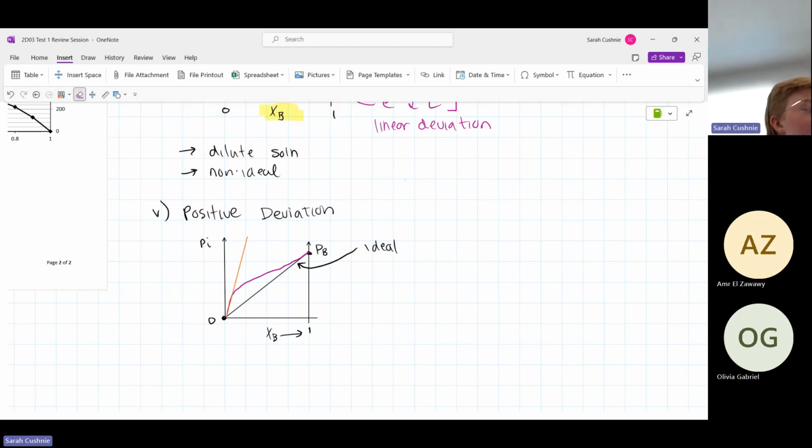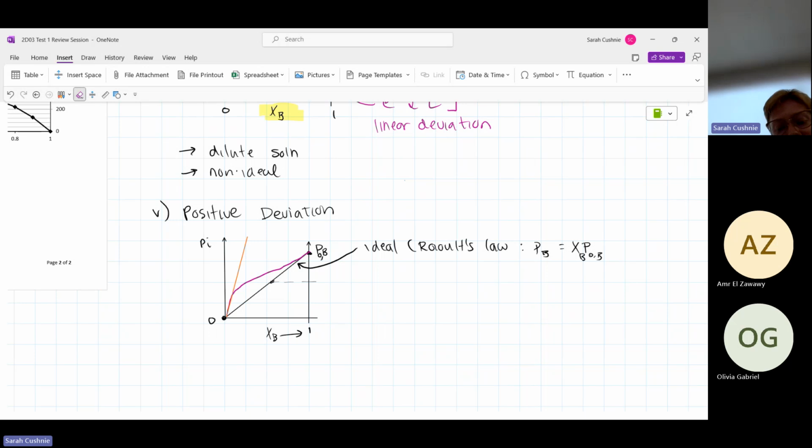So now let's break this down into actual words instead of just drawing. So in black here, we have the ideal case, which follows Raoult's law, which says that P_B is equal to... I'm blanking on what the equation is, because it's not equal to X. Because the pressure, for example, if you were here... Yeah, because the P naught is, okay, we got it. Equilibrium. See, y'all understand this.